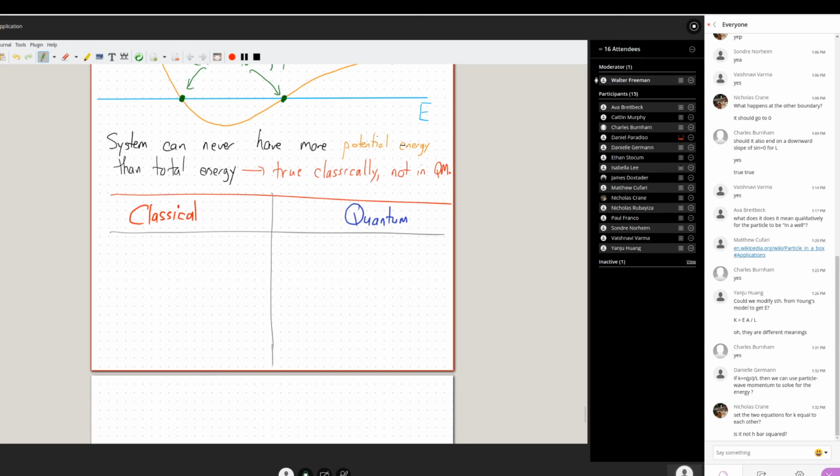In classical land, the particles never go past the classical turning points, but in quantum land,